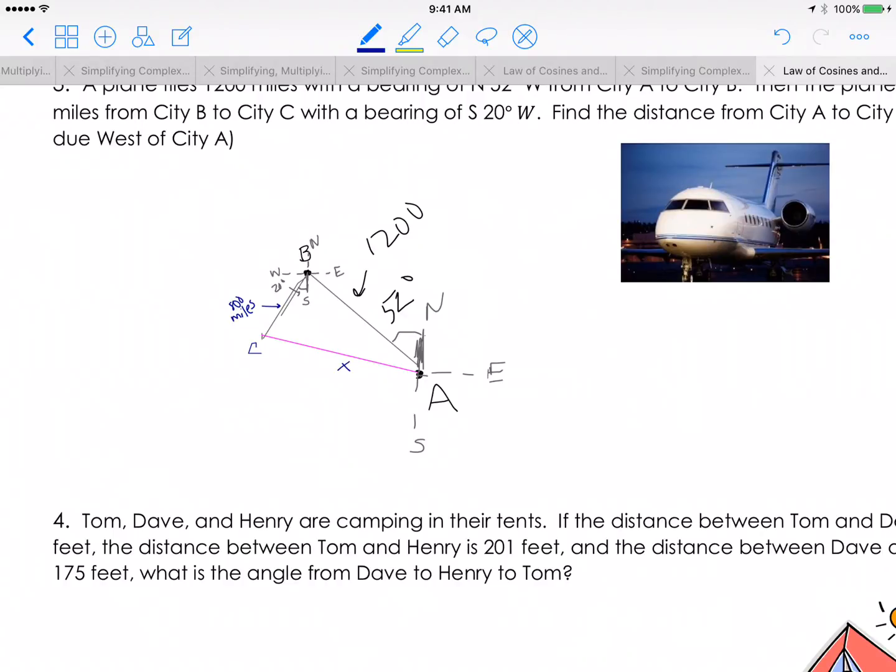So here comes a little bit of a confusing part. How do we know what our angles are? We can't assume that this is complementary or supplementary. We can't say 90 minus 52 and get that angle. Can't do that. We can't assume that they are supplementary. But what we can assume is, if you look at this